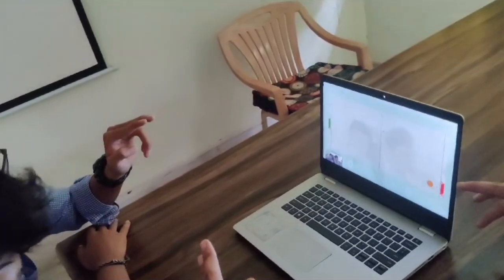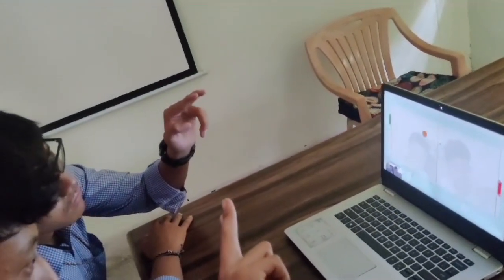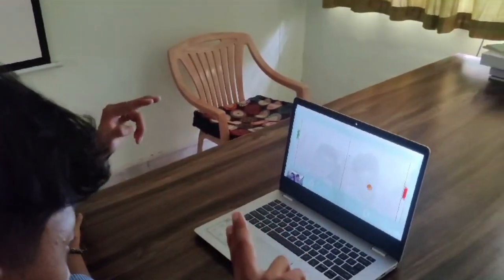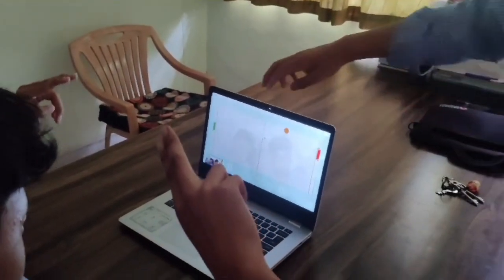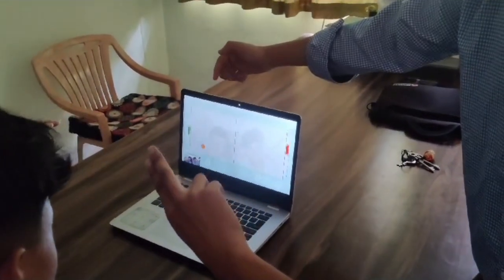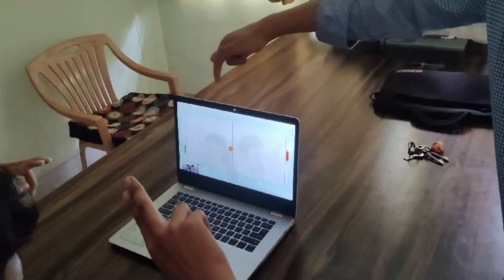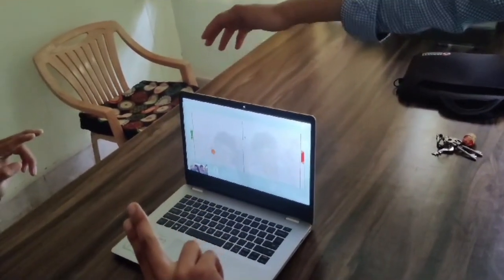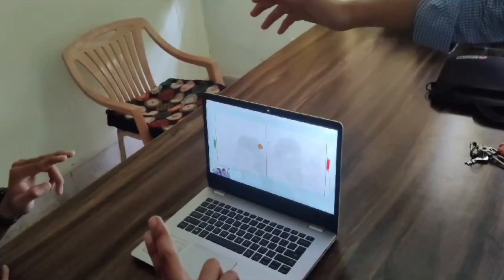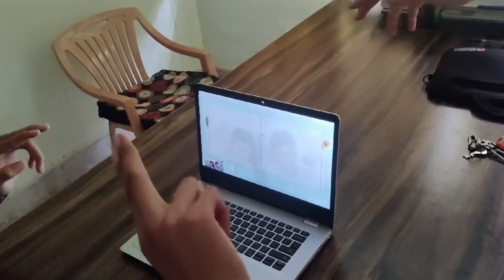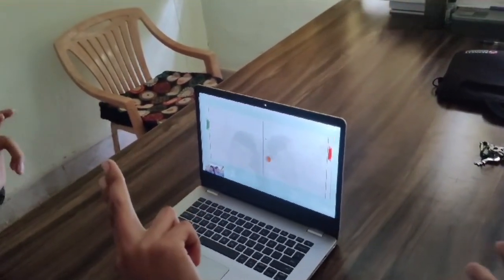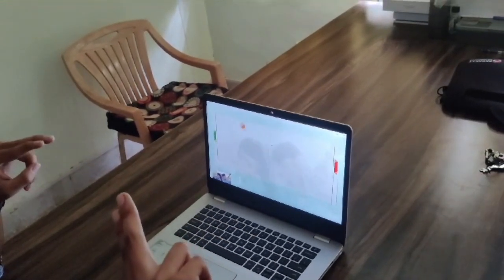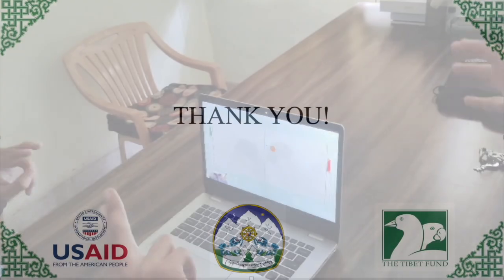As you go up and down, when the ball bounces, it changes its direction, and as you see, the speed is constantly changing at a random pace, which makes the opponent think and predict the ball. And when the score is finally up, you can either restart the game or exit. And this is the interface when the game is over, and to